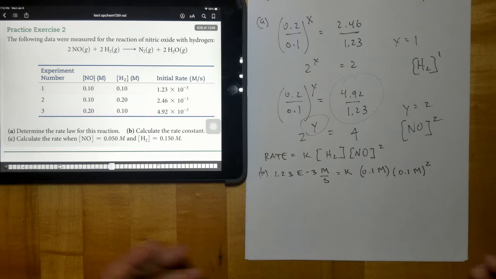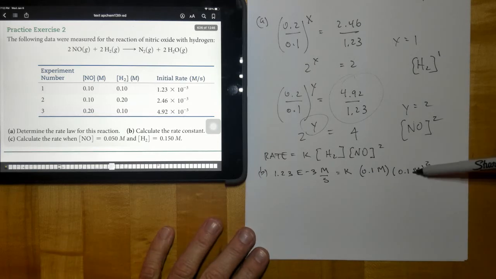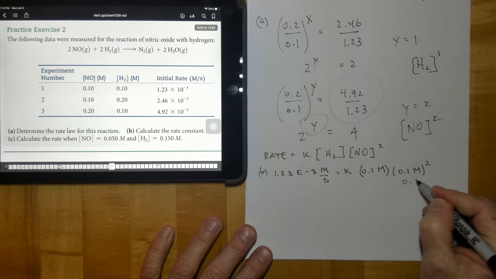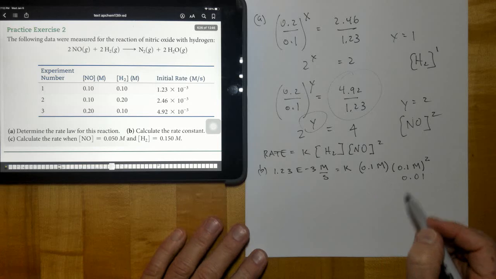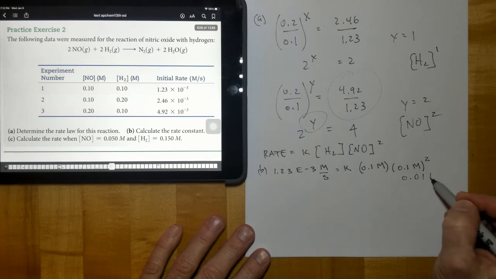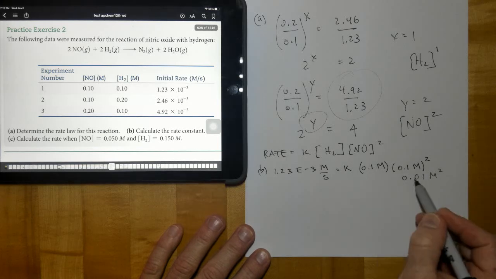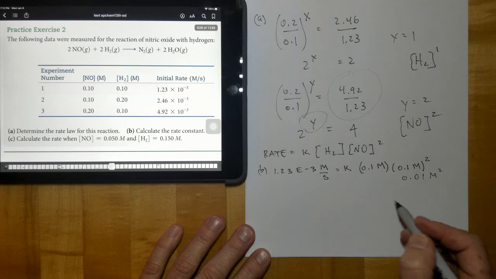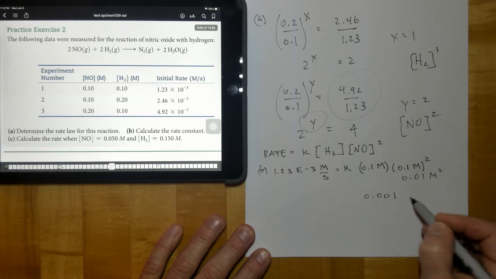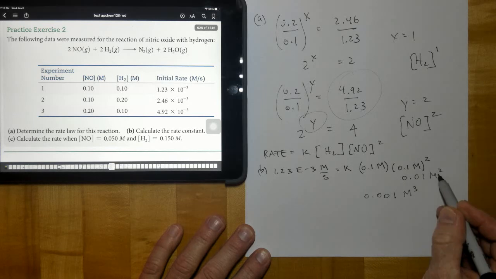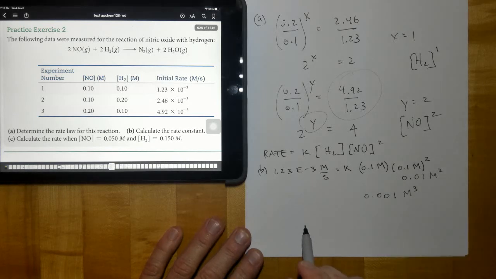Okay? Now you're going to need your calculator here for a little bit, but 0.1 times 0.1 squared is 0.01. Take 0.01 times 0.1 right here, and that ends up, oh, don't forget to square the molarity right here. 0.01 times 0.1 is